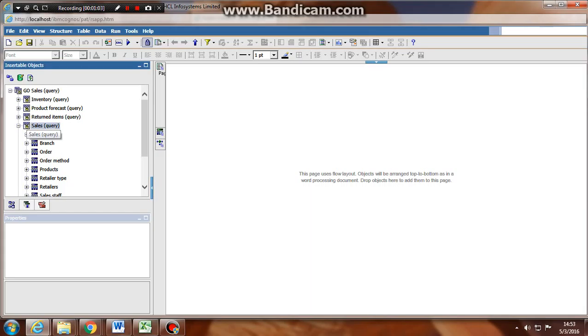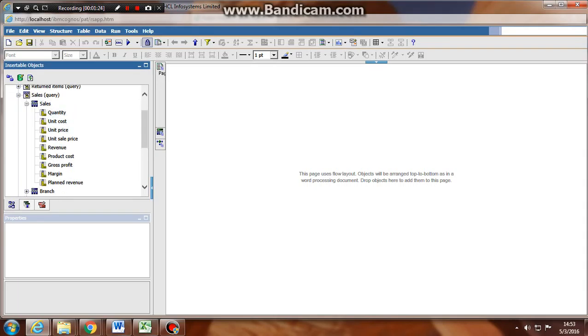A namespace is just like a combination of tables and attributes and facts, which is also known over here as query items and query subjects. So this is a query subject, that is 3 vertical lines and 1 horizontal line. That's a sales table. Once you open the table or the query subject, you get all these, this is a fact, these are all attributes, or you could say query items, but these are facts because they have a kind of scale measurement, and they are all facts. So you can see quantity is a fact, unit cost is a fact, unit price is a fact. Although